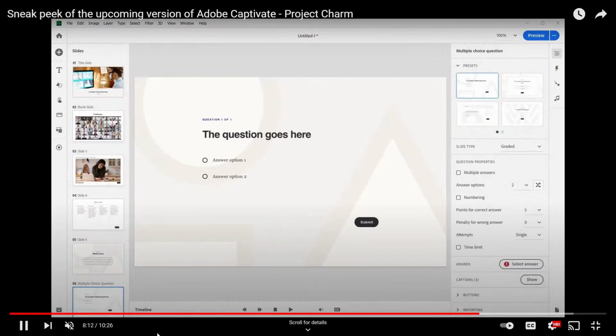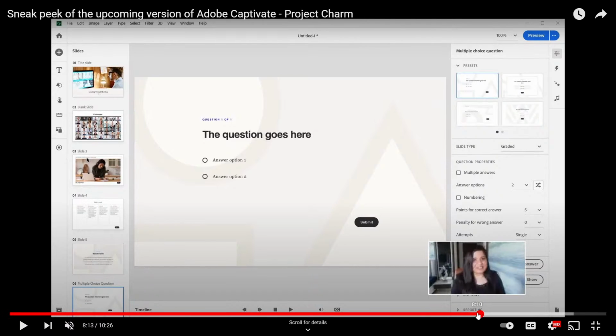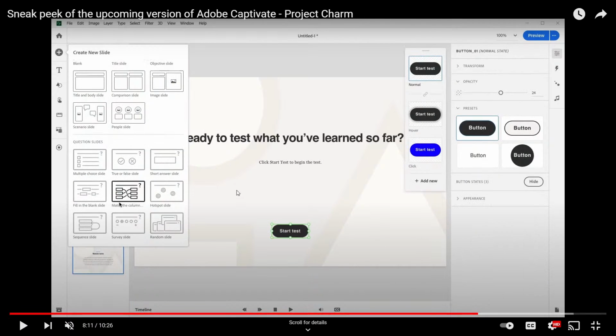So let's take a look at the video game. At this point here, we're going to show you a little bit about what question slides look like. Let me quickly pause that and go back a little bit in the video, not too far, to where she starts to add question slides. So here's the create new slide interaction up here on the left. Looks pretty straightforward. Blank, title slide,